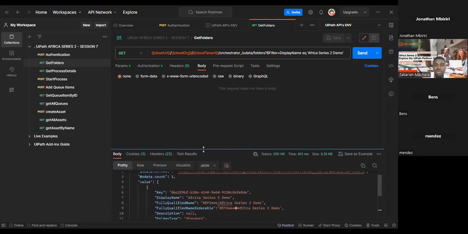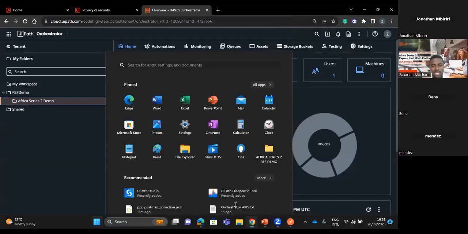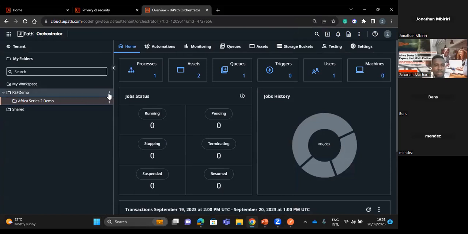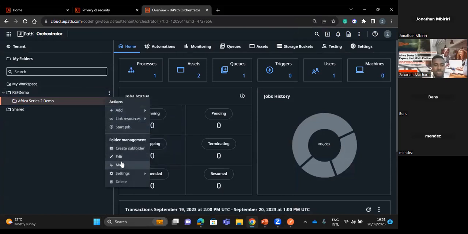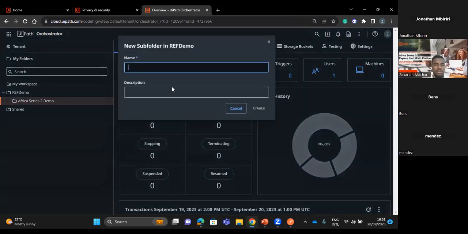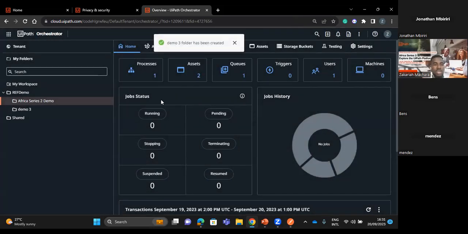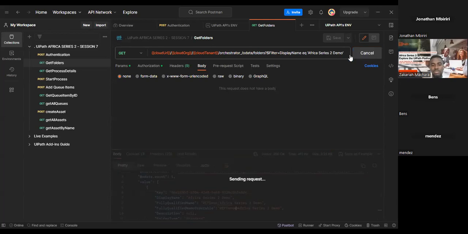So that's how you actually get the folders. For example, in this case, let me just add another folder here. I'm just going to create a subfolder in this case, demo3, just for the sake of the presentation. And then it's there. So I want to hit the endpoint again. So if I hit it,